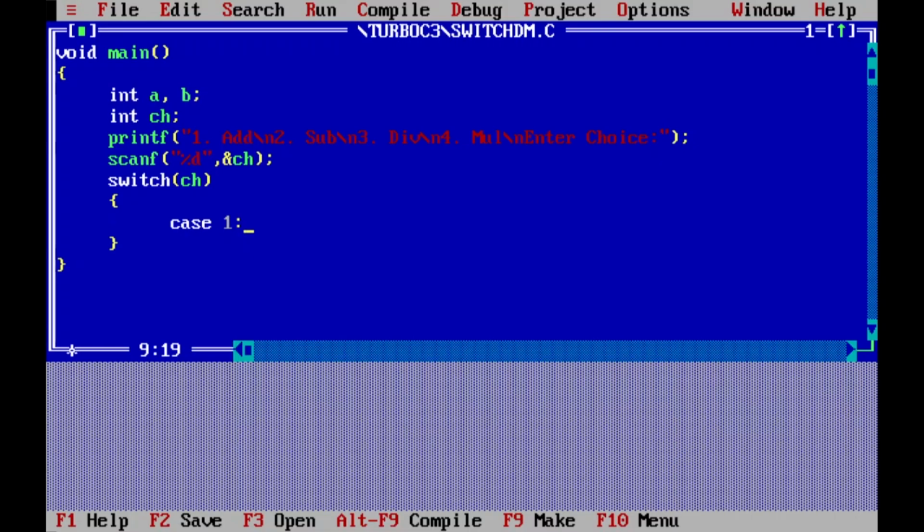So case 1, in case 1, that means if the value of ch matches with the case 1, then in that case what we have to perform? We have to perform addition of that two numbers, that is a and b. So instead of asking user to enter value here, what we will do? We will ask user to please enter value here itself. So user has to perform, let's say, addition, then we will ask user to please enter the values. So printf, we will ask user to please enter two values,